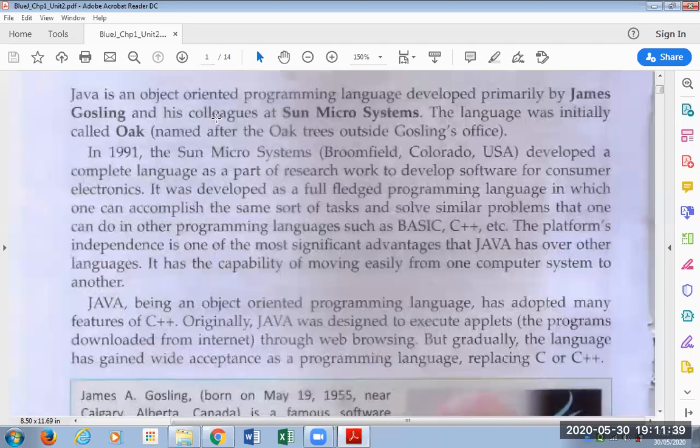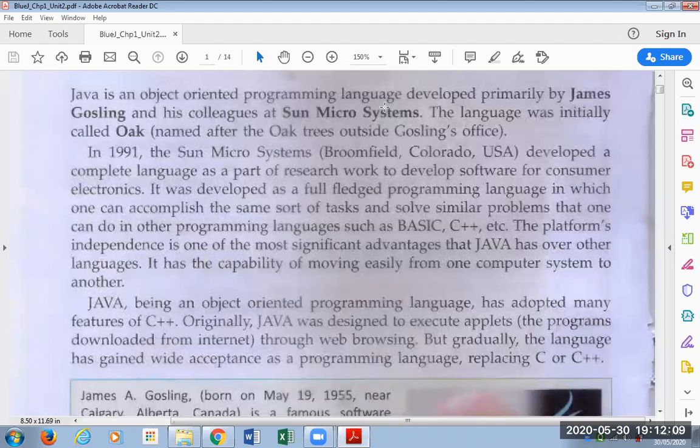Java is an object-oriented programming language. Yes, friends, Java has a technique of programming called object-oriented programming. The short form for that is OOP, Object-Oriented Programming. This is a very powerful technique of programming which is available in C++ and also in Java.